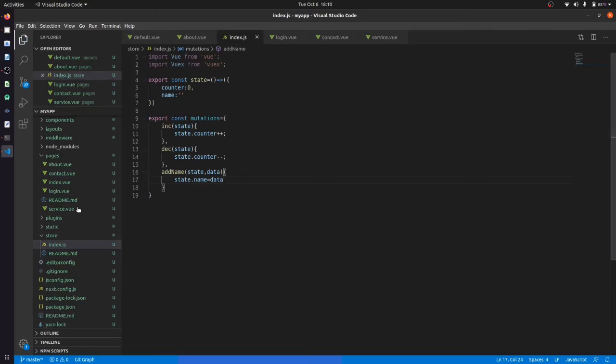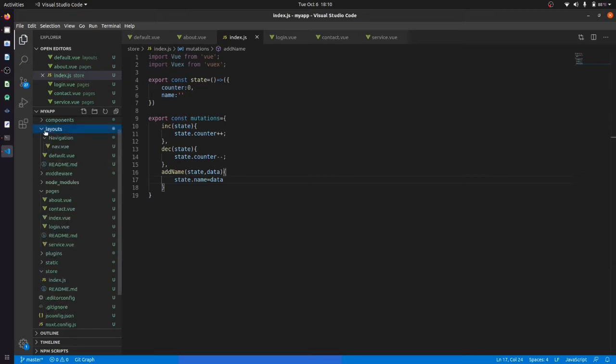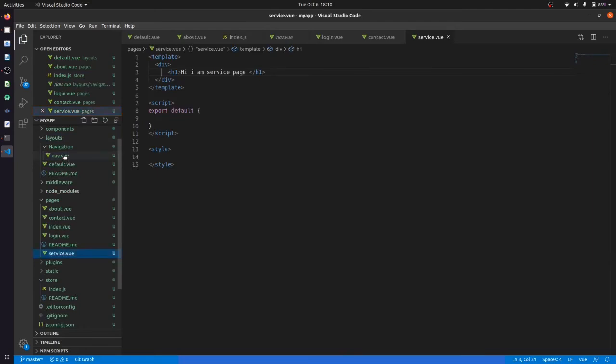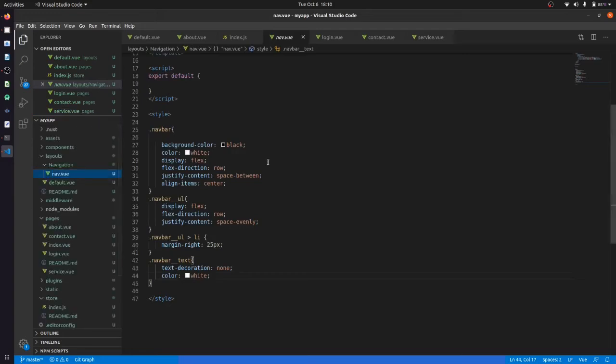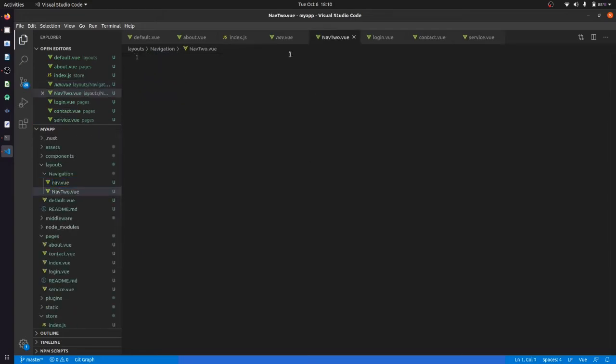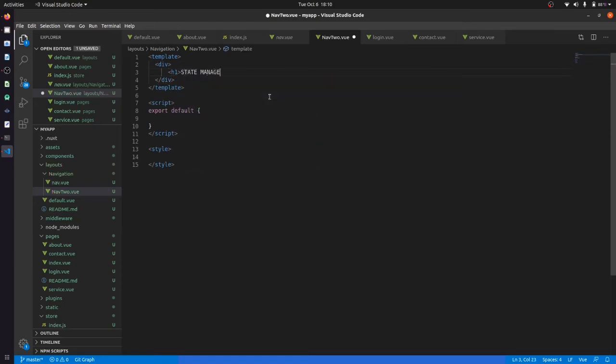Firstly, let me create a middle layout. In this navigation, I will create a nav2.vue. I will create nav2.vue, and inside that I will simply have a div, and it will have an h1, state management test.